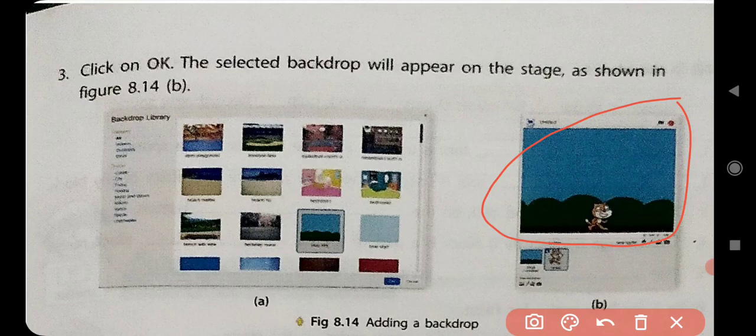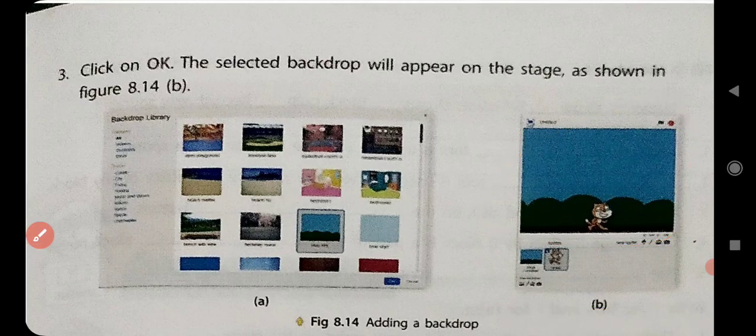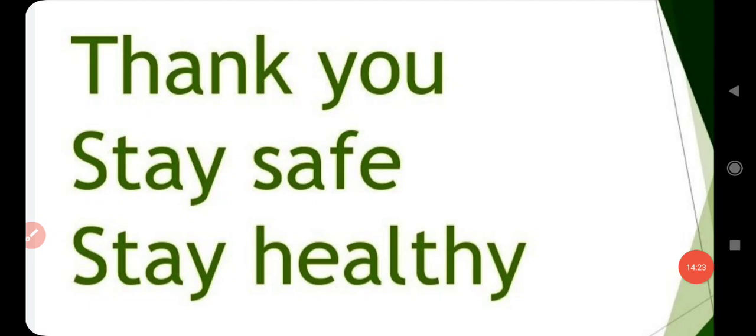So students, by this we have completed the explanation of chapter 8, handling multiple sprites. Please listen to the video carefully and read the whole chapter. It is beneficial for you. All of you please read this chapter carefully and also read the teaching note which was already sent to you in the PDF.